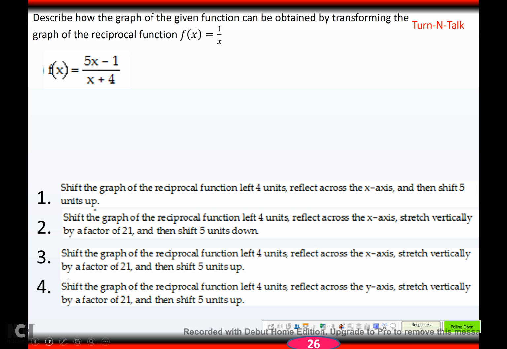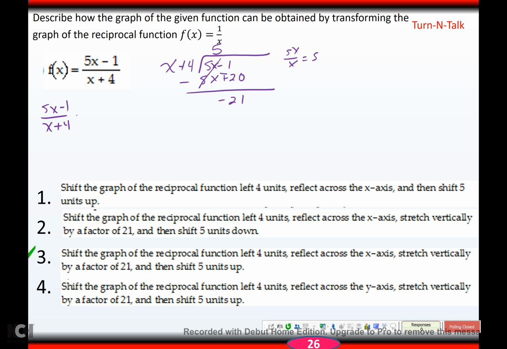You try this one, hit pause, come back when you're ready, and hopefully you got 3. Okay, this one we can't tell, we're going to have to do long division, so if I do x plus 4 into 5x minus 1, 5x divided by x is 5, so 5 goes up, times x is 5x, times 4 is 20. Draw the line and change the signs. The x's cancel and I get -21. So 5x minus 1 over x plus 4 is equal to 5 minus 21 over x plus 4,